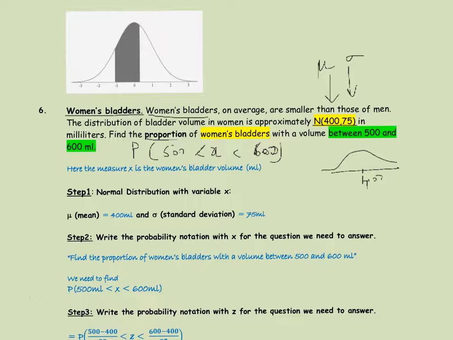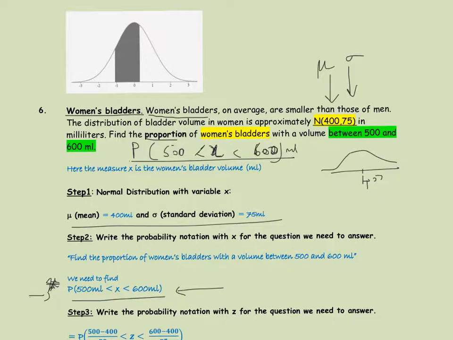So the probability that X, the woman's bladder volume, lies between 500 ml and 600 ml is what we need to figure out. So probability is equal to area, but this is the regular normal distribution. We need to first standardize it. So write down your mean and standard deviation. We next write down the probability that we need to figure out. This is an important part of solving the problem, writing down in mathematical symbols the probability that we are trying